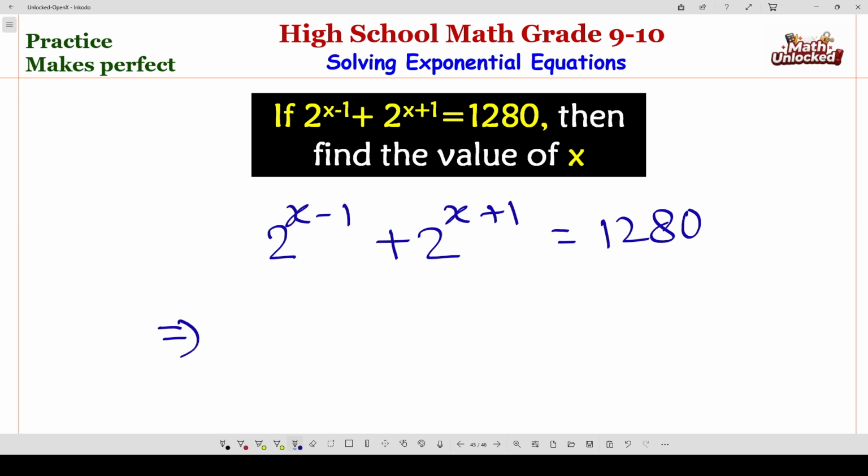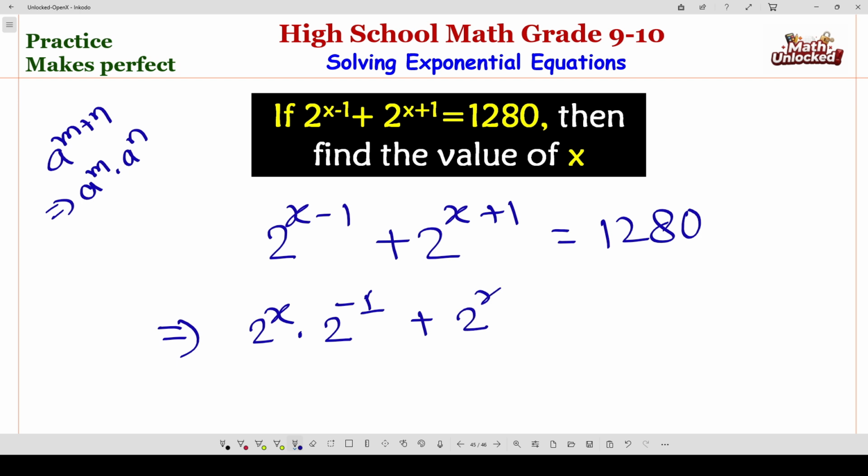First, we know that a to the power m plus n, we can write as a to the power m times a to the power n, right? As per the exponential law. So in this case we can write 2 to the power x times 2 to the power minus 1, plus, here is also the same thing, 2 to the power x times 2 to the power 1